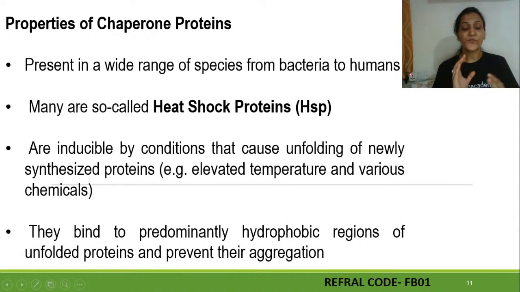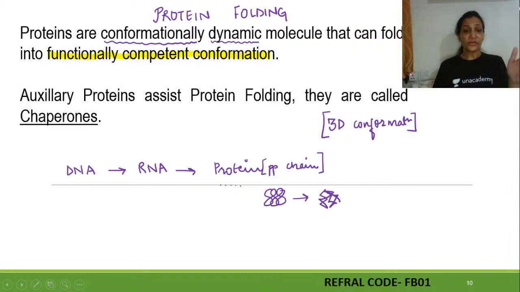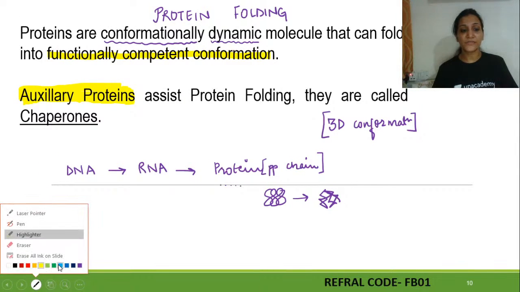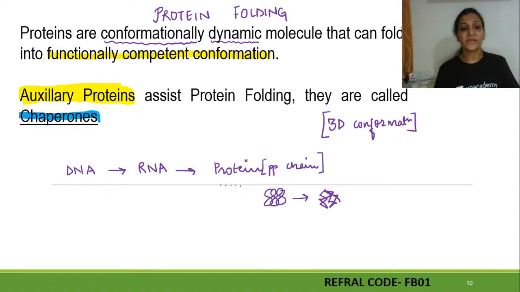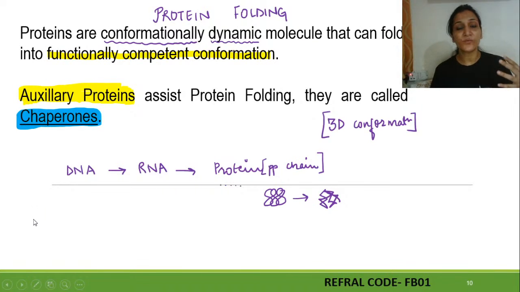These proteins are folded with the help of accessory proteins. In the last slide, we just missed this line. When we say protein folding, how will it get folded? If it is made directly, how will it be folded? So there are some accessory or auxiliary proteins which play a very important role in the folding of protein. What is their specific name? These auxiliary proteins are specifically called chaperones. Remember this word, chaperones. They are the assistants in protein folding, right?